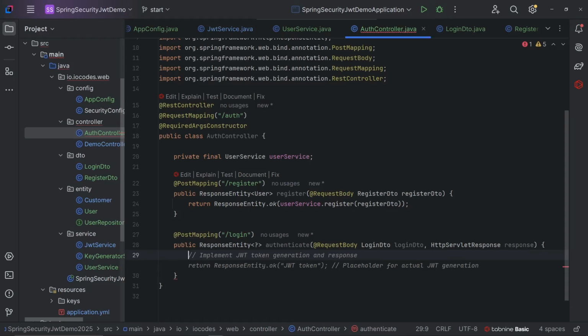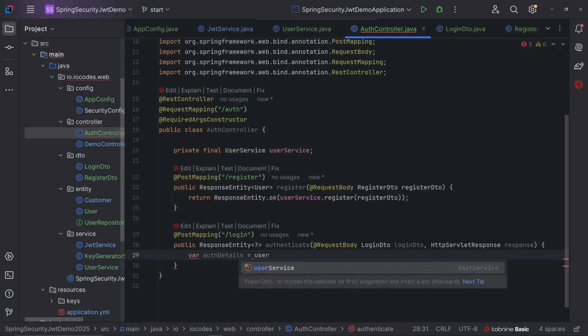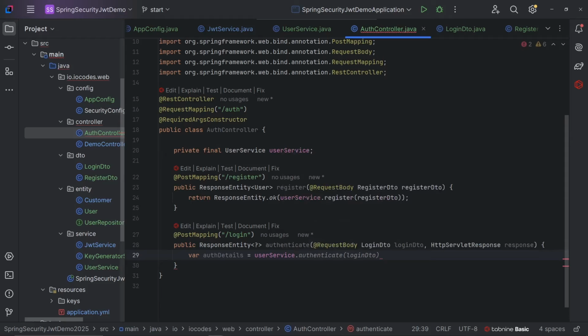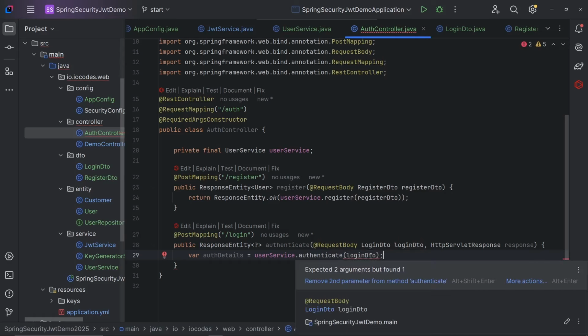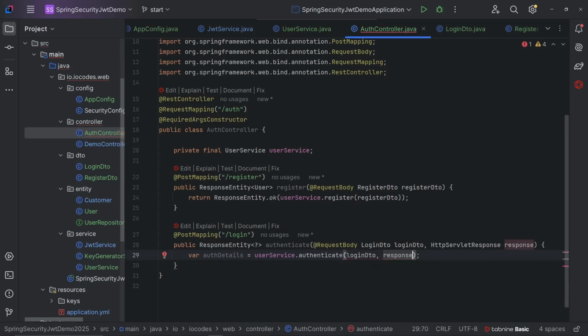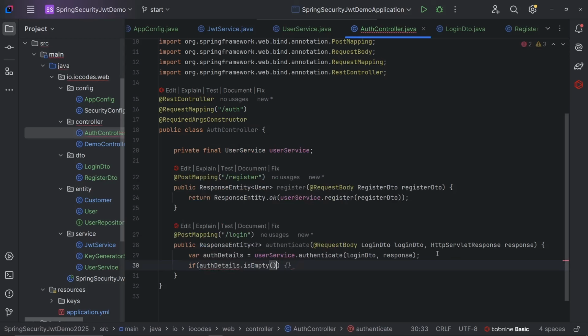So now we're going to get our auth details from the user service. So this should be var auth details. Remember, it contains both the user details as well as the authentication token. So we're going to have authenticate login DTO. Let's see what we have right here. Okay, and secondly, we have to pass in a response object. Now we first of all check if our auth details is empty. So if auth details dot is empty,